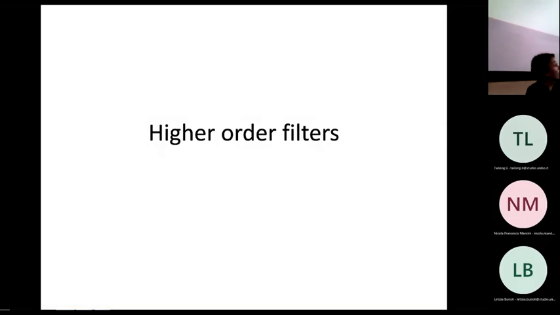So, what we are currently investigating is how to realize a higher order filter with the strategies which should be familiar to you, such as the Butterworth or Chebyshev filters